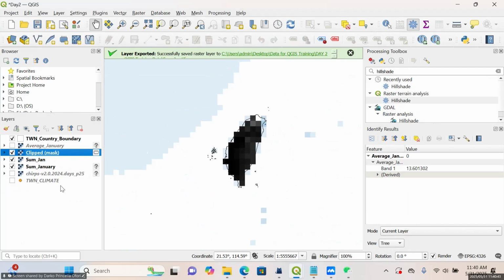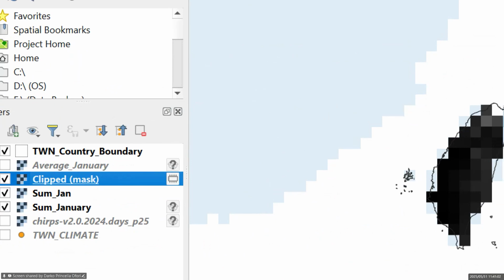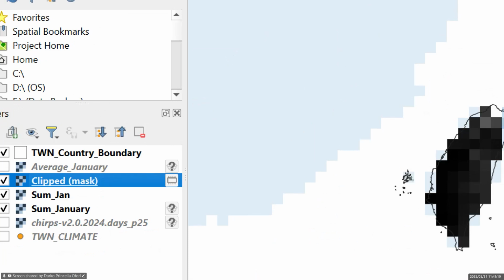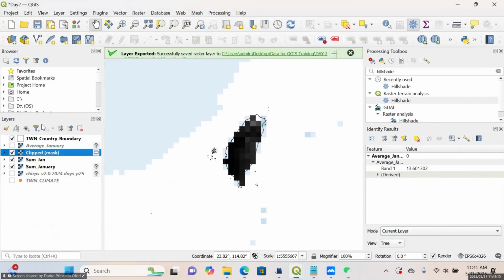Sorry, you are stuck? Okay, let's go over extracting your region of interest again. If you are working with the data set and you realize that there are question marks here, that means they are probably temporary layers or they missed some CRS. So you have to export it to a file where you can easily find it or where you want to put it, and also assign a coordinate reference system to it. So I already exported my January. I'm going to export my average